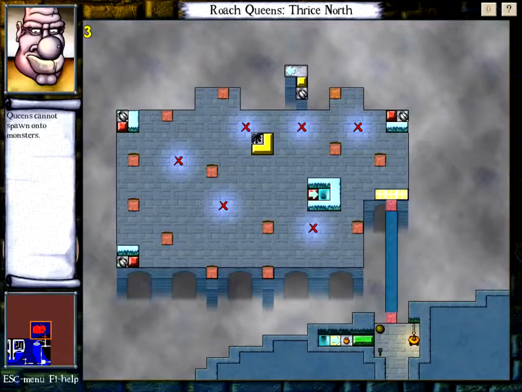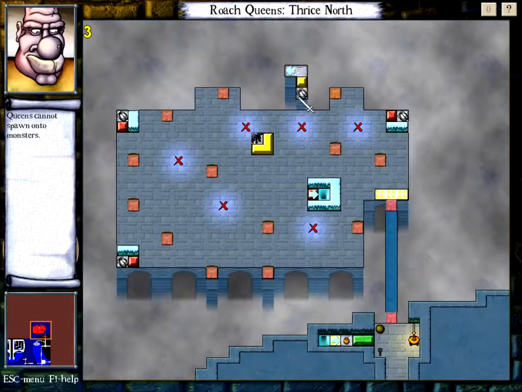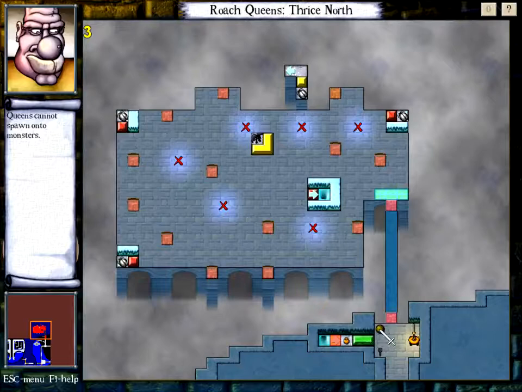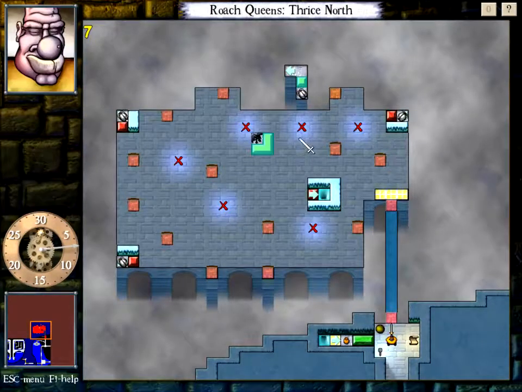Okay, we've got a Wraithwing. Queens cannot spawn onto monsters, okay. Okay, decoy is for you. But in the meantime, what opens this? This does. Okay, how do we use this Wraithwing? Obviously that's critically important that we do that. That's going to release the Wraithwing, which...